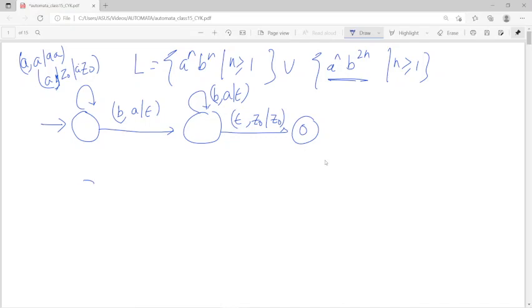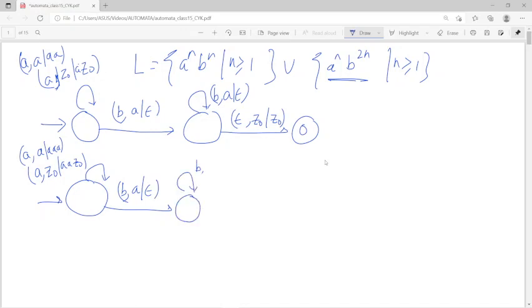b to the power 2n, that means in that particular case what we can say that if a, this is stacked up is z0, আমি দুটো a কে পুশ করছি, and as well as যদি a থাকে, যদি এক a থাকে, তাহলে আমি দুটো a কে পুশ করছি, and of course যদি b থাকে, stacked up a থাকে, তাহলে আমি পপ করব, and the thing is that b থাকে, a থাকলে আমি পপ করব, and যদি কোনো কিছু না থাকে, z0 থাকে, তাহলে z0 থাকবে, and so this is the two thing, that means one is a to the power n, b to the power n, and another is a to the power n, b to the